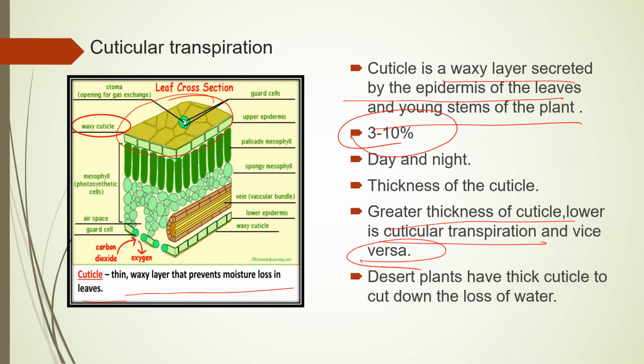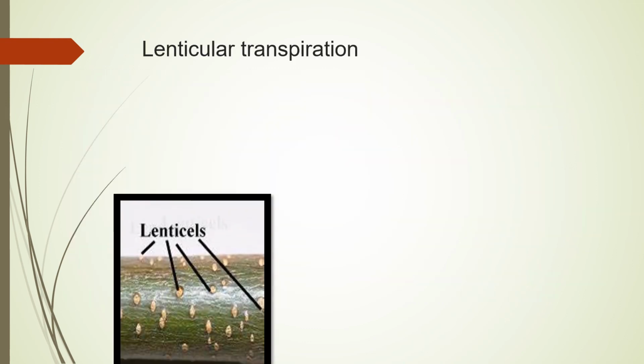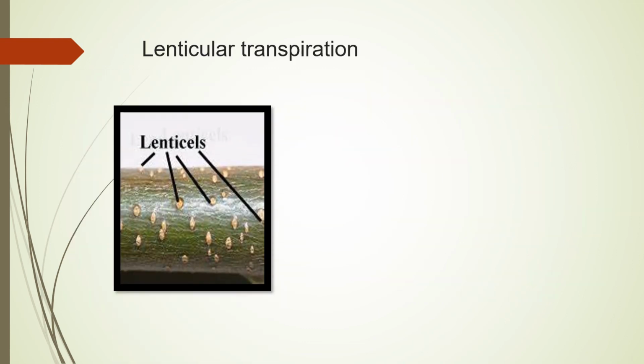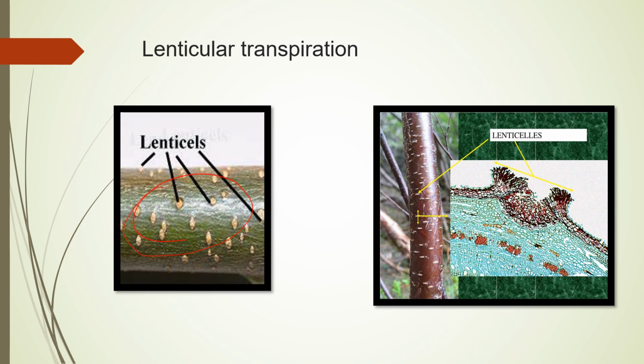Let us move on to the next one, that is the lenticular transpiration. What happens in lenticular transpiration? First let us discuss what lenticels are. It occurs mainly in the old woody branches of the trees where lenticels are found. These are the lenticels. Lenticels are special openings on the older stem, present mostly in the older stem in place of stomata. This lenticular transpiration accounts for only